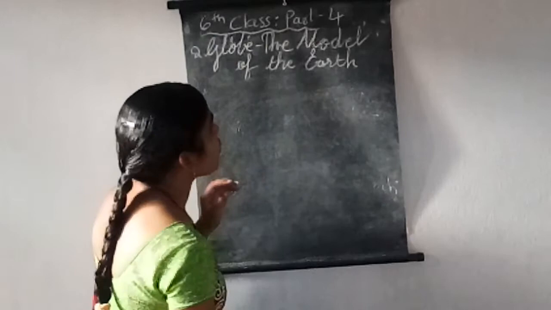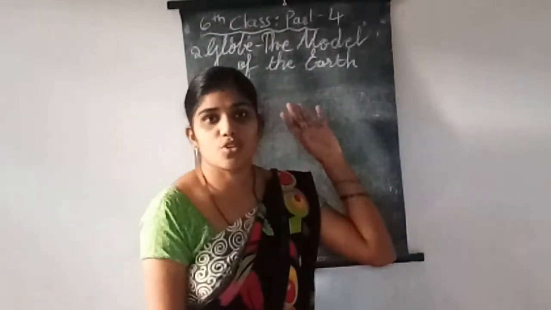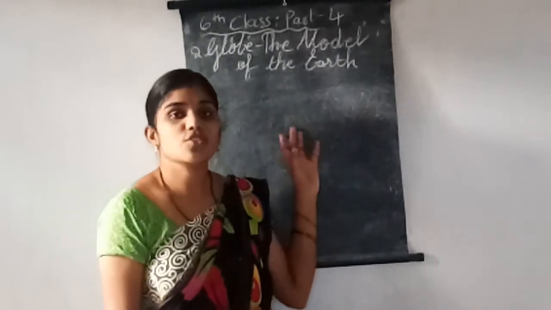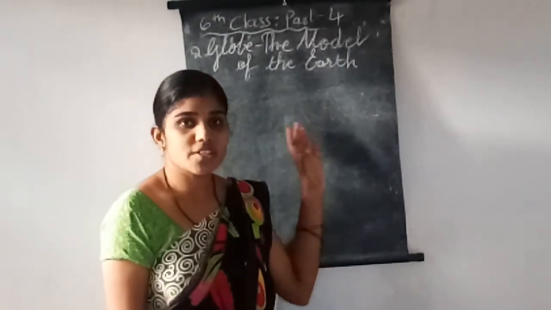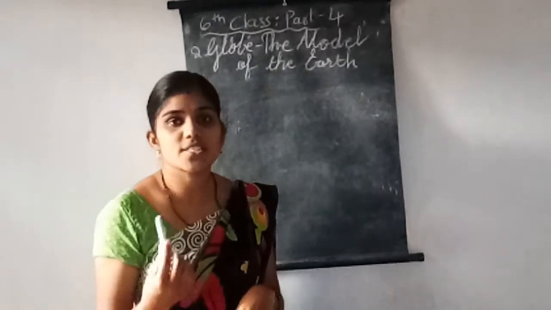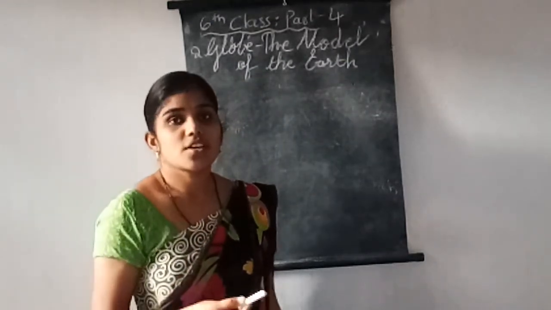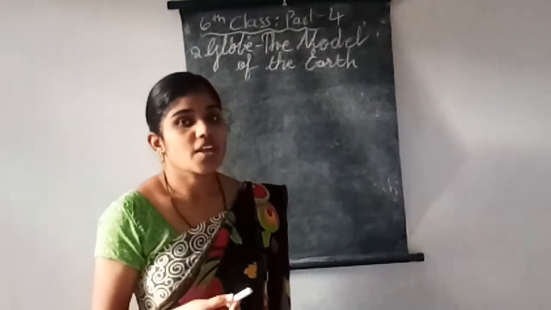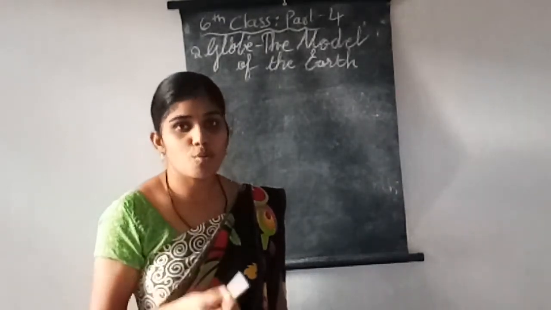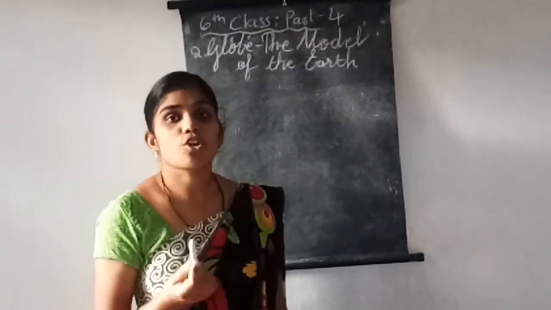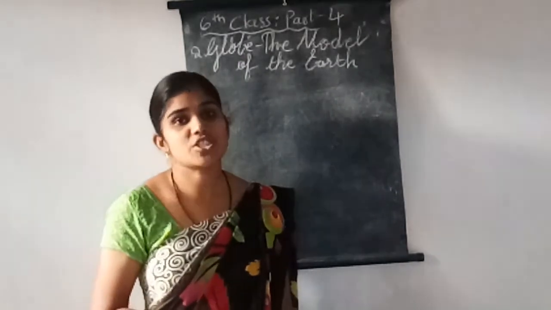So by this we have completed our second lesson successfully. In the next class we will start the third lesson, but you have to remember everything. Those who have the textbooks, open your textbooks and see there are diagrams for the topics of latitudes and longitudes, and there are world maps and a globe also. So observe the pictures and draw the latitudes and longitudes pictures.